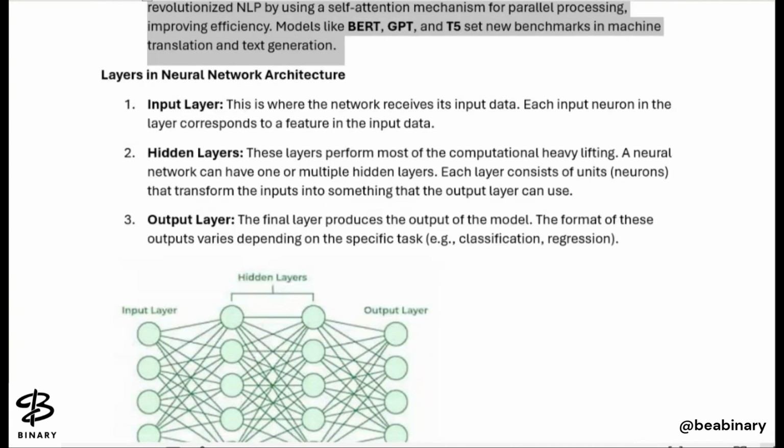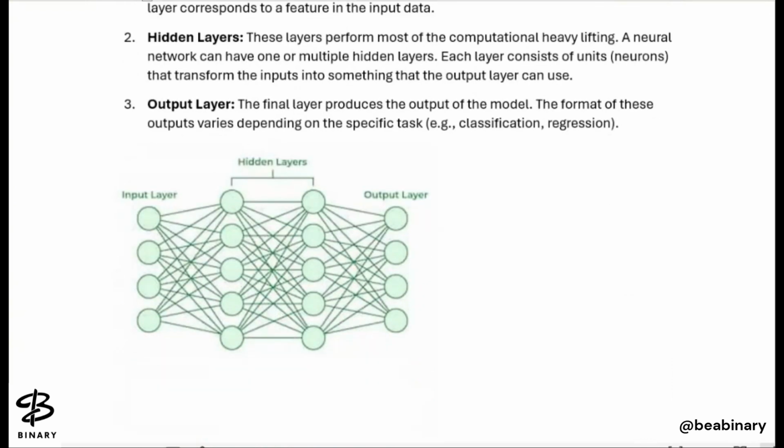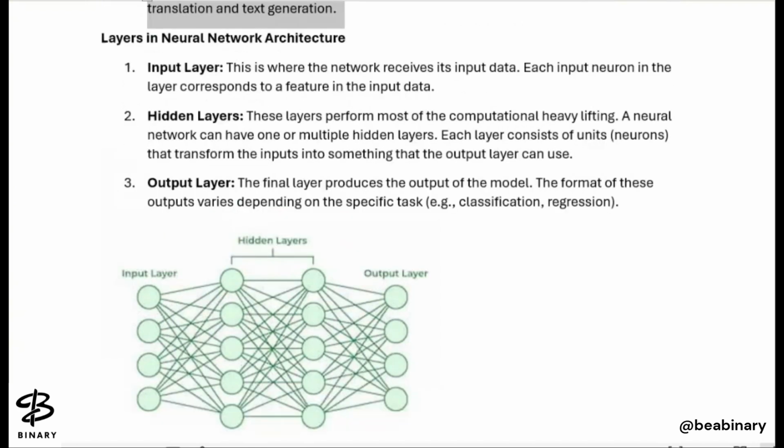So what are the layers in the neural network architecture? What architecture are we talking about here? This is the input layer, the output layer, and in between very complex layers of connectivity, where each and every input is connected to each and every node in the hidden layers. So different hidden layers are there: input layer, hidden layers, and the output layer are considered in the neural network architecture.